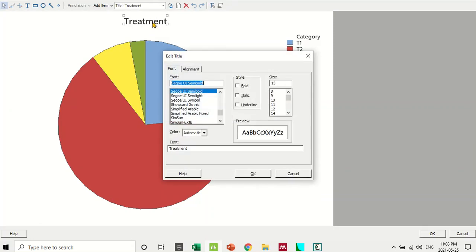For example, if I double click here, I can select treatment, I can show nitrogen, for example, and then I can change the size of the text, make it bold,